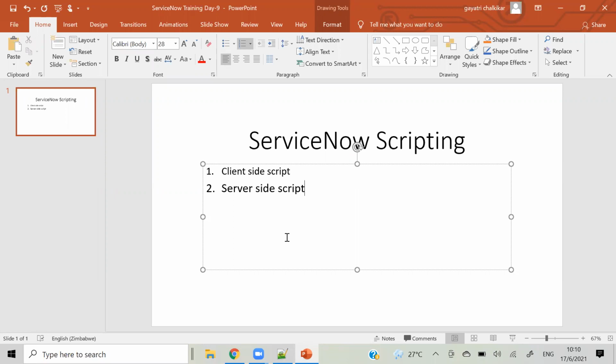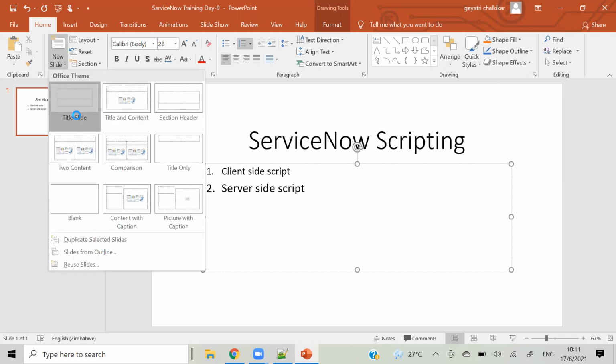So till yesterday we have seen that we can create a table, we can create a field, how we can insert a value, dependent choice. All those things were out of the box, no configuration needed. But if you need anything more than out of the box, and if you want to integrate your ServiceNow system with any other tool, or automate any process, we will use scripting here. So let me write that here.